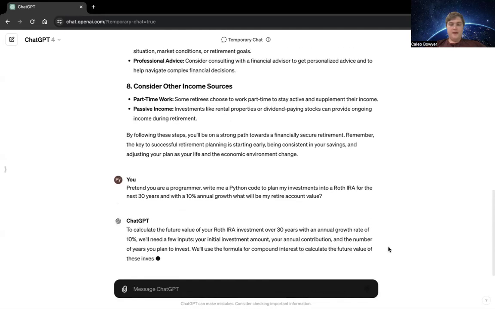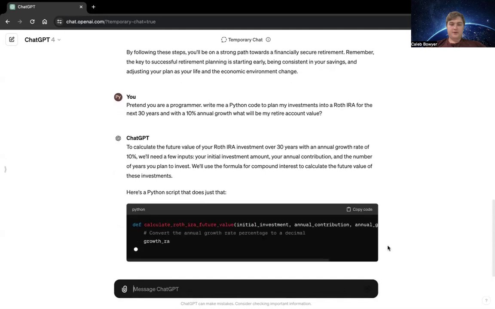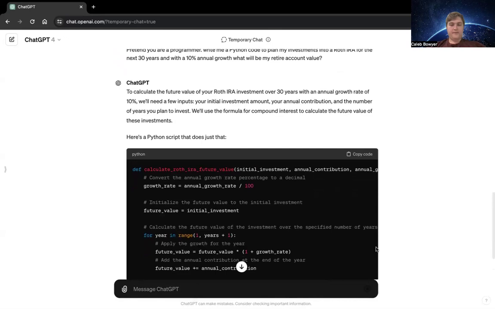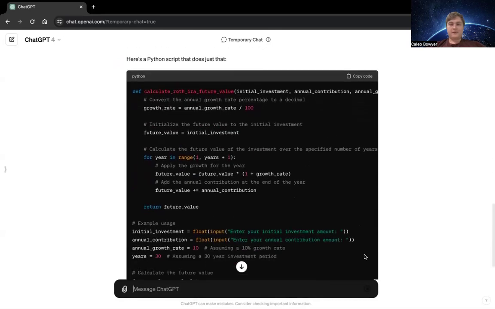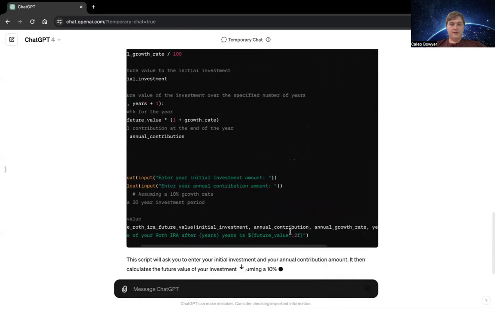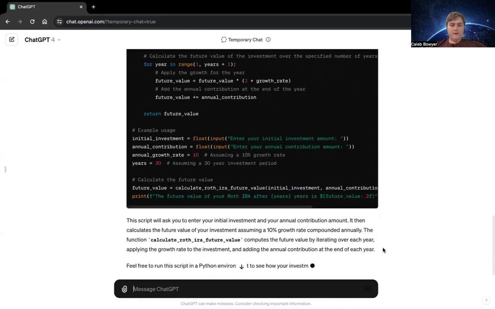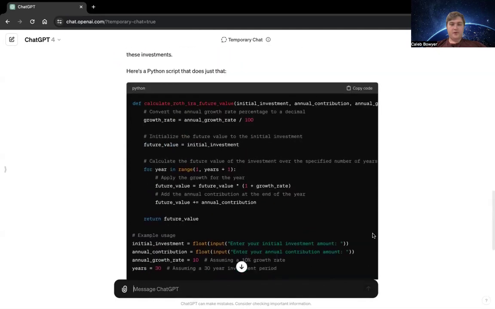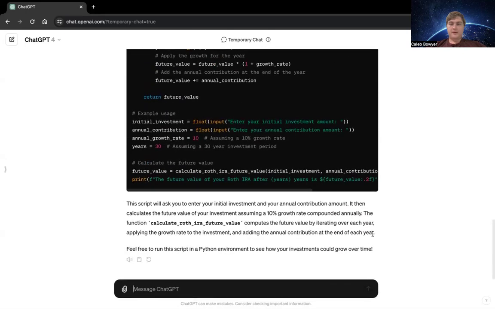So then it'll go through the math, break it down into the years, and generate a formula with a function that you can use in a Python program to calculate the future value of your retirement savings account through your Roth IRA, and it'll output that value. So you can then use that script in a programming environment and play with it. In the future, we'll go through more examples of things you can use ChatGPT for. These are just some examples to spark your curiosity.